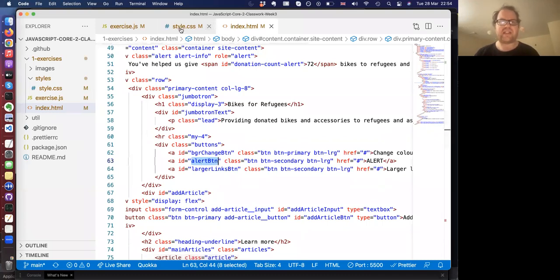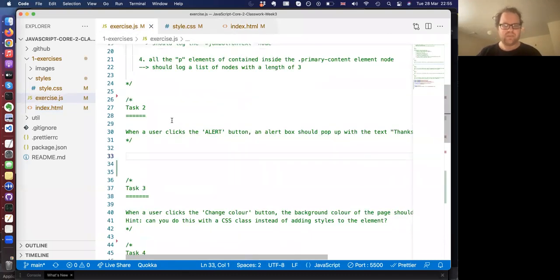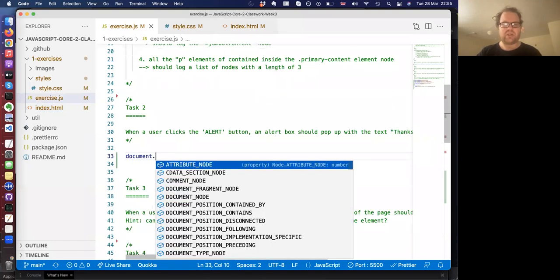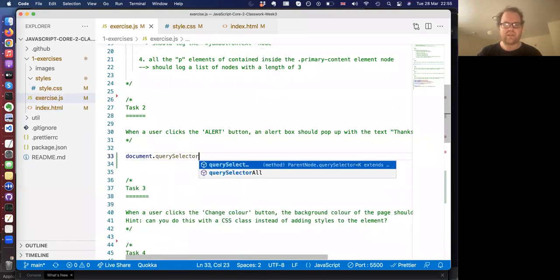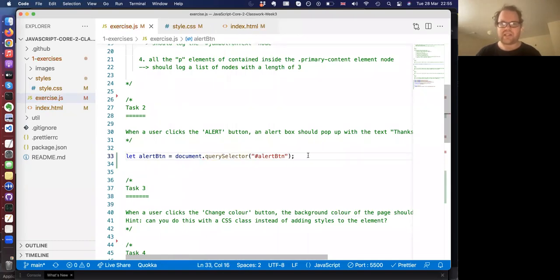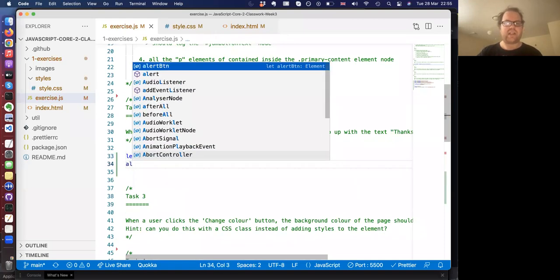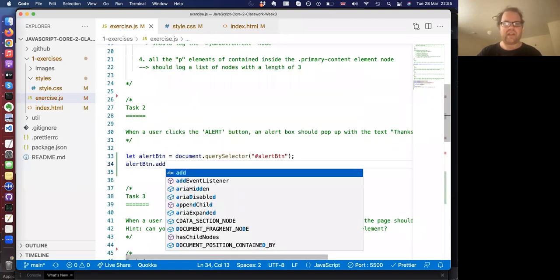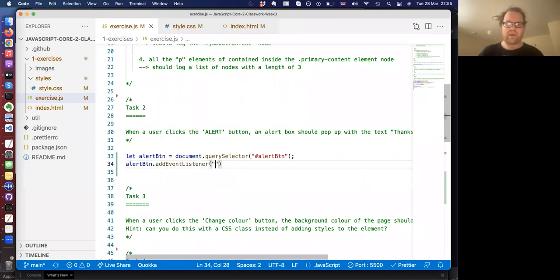So we are going to get the alert button. So document.querySelector. Because it's an ID, remember we use the hash sign because this is a CSS selector for that element. We're going to put this into alertButton equals document.querySelector alert button, and then alertButton.addEventListener. When we click,